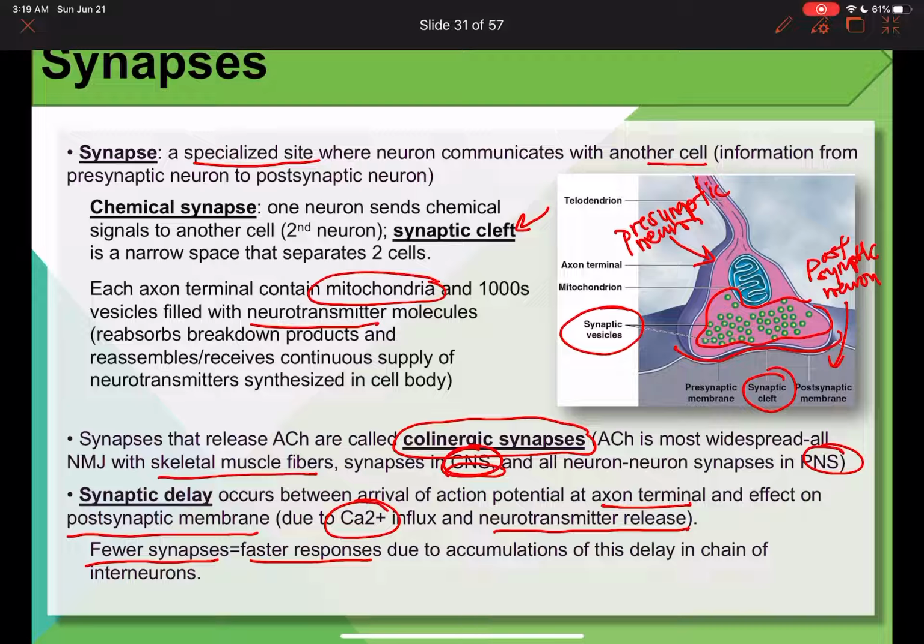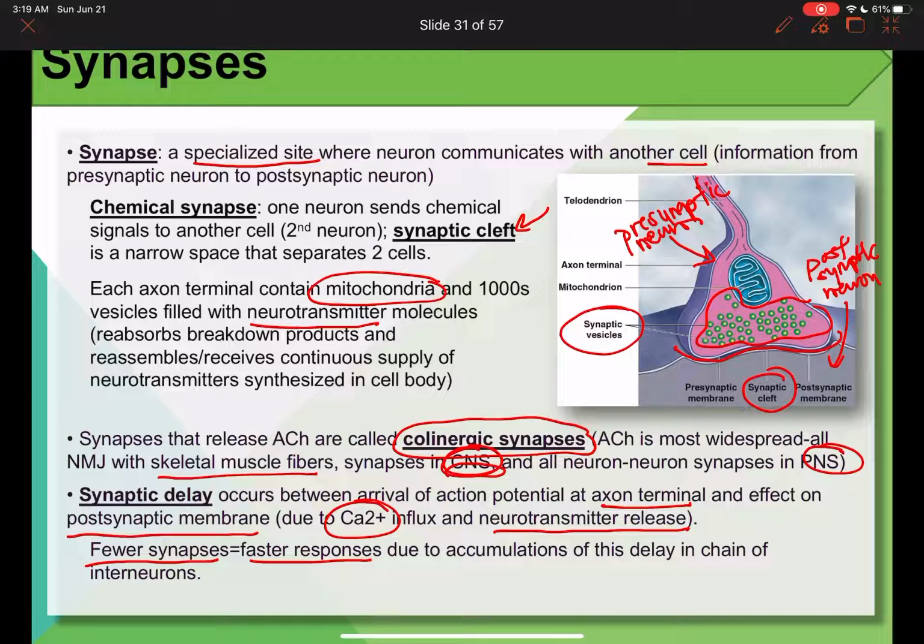Every time there's a synapse between an interneuron and either a sensory or motor neuron, you have to wait for that release of neurotransmitter and influx of calcium ions to happen before the propagation of the signal occurs. So that's why more complex things that involve more interneurons are a little slower compared to very quick reflexes. And some reflexes go from one single sensory neuron to the spinal cord, don't even need to go to the brain, and come right back out in a motor neuron very, very quickly. And that's why sometimes we act in very, very fast mode, because it is not requiring a lot of synapses